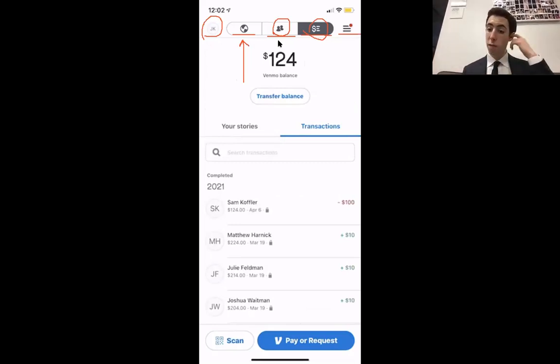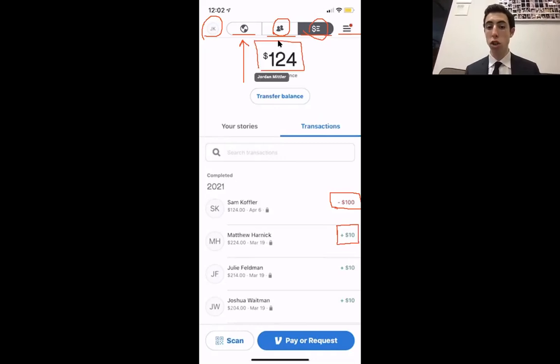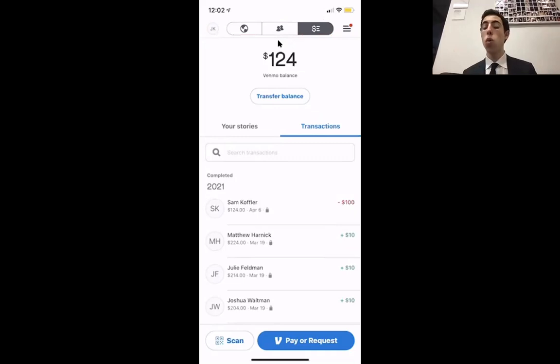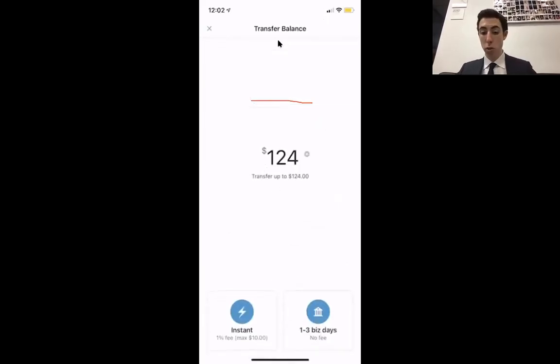So transactions that involve money that has been taken out or added to your account. Now you'll see, just like TD Bank, red with the minus means it's been taken out, and the green plus means it's been put into your Venmo account. Right now it says at the top of the screen, Joe has $124 in his Venmo account. You are able, just like it says transfer, to take that money and bring it into your debit card or bank account, whichever account you have hooked up to this account. Joe, we're not gonna do this now,